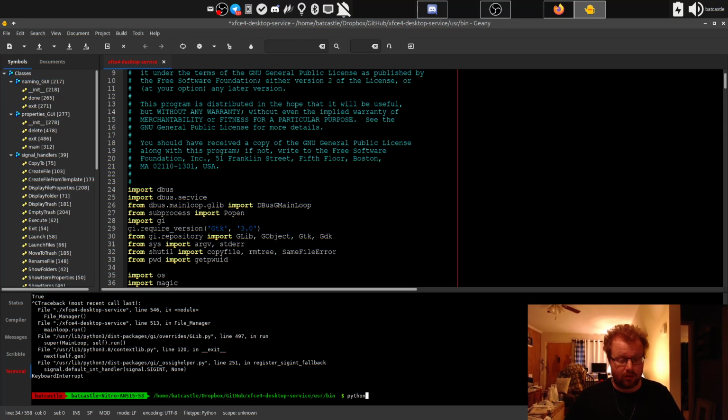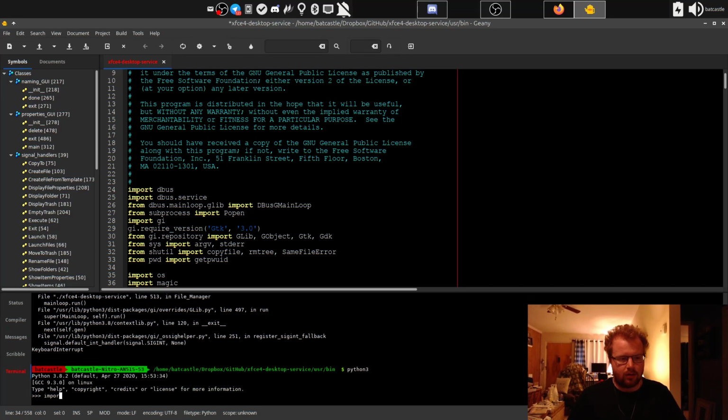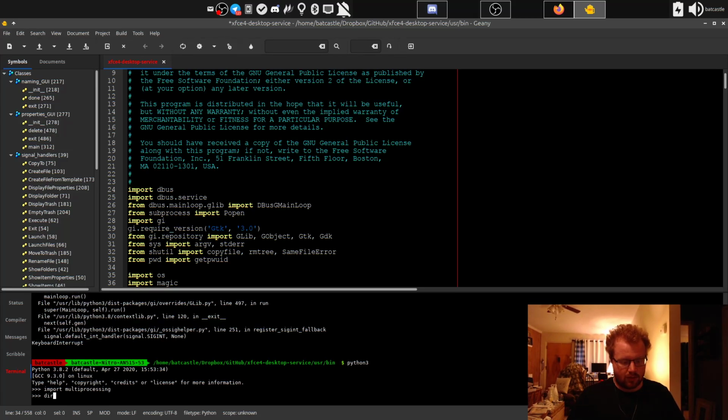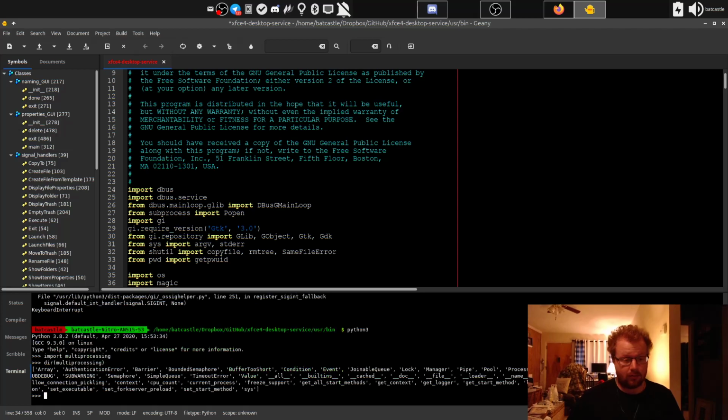So down here in my terminal, import multiprocessing, dir multiprocessing. So what the dir function does is it shows me all the functions and classes defined in a library. And that can give me an idea of what a library is capable of. And I am looking for a specific function that gives me the number of threads in or on a given